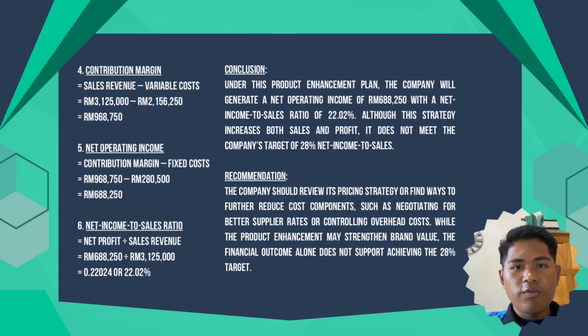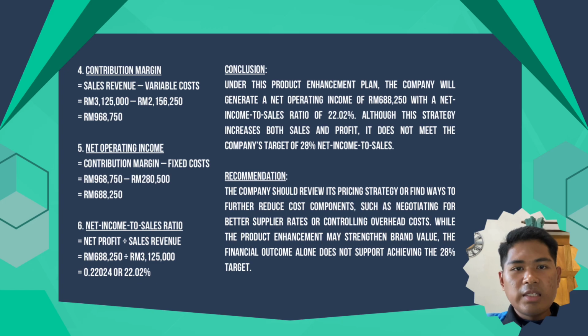The formula is net profit per sales revenue, equal to RM688,215 per RM3,125,000, equal to 22.02%. Conclusion: under this product enhancement plan, the company will generate a net operating income of RM688,215 with a net income to sales ratio of